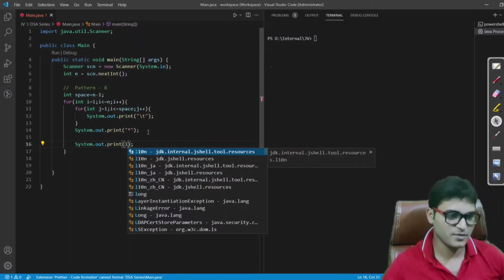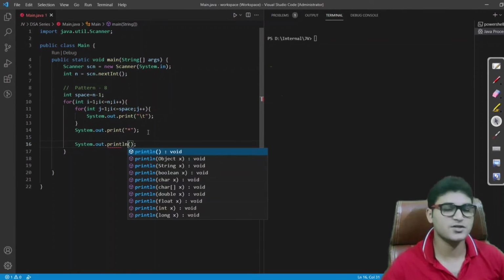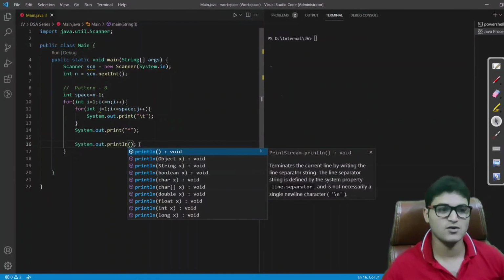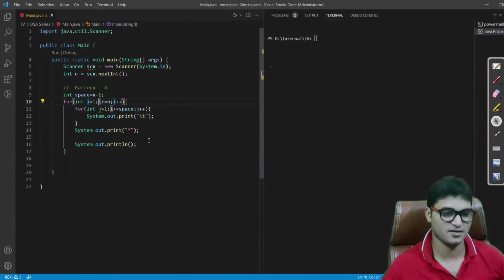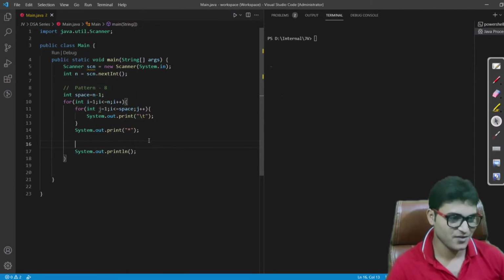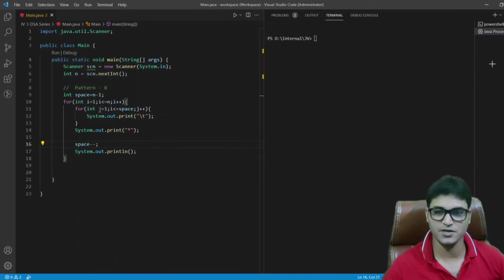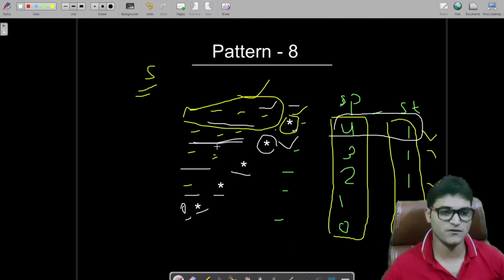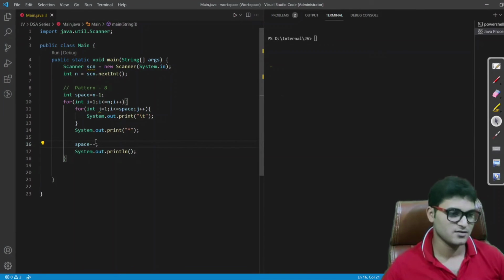And also we are missing one thing. Can you guess what is the thing which we are missing? You can pause this and think what is missing here. Okay, so let me tell you. We are missing decreasing our spaces by 1, because we need to decrease our number of spaces also. If we do not decrease this, because initially it is 4, it has printed 4 spaces, then it will print 4 spaces again. So we need to decrease this also. Fine. So I think that's it we have to do.